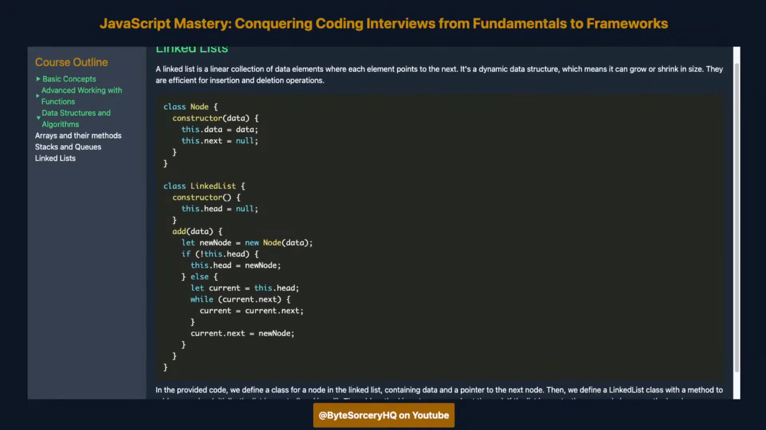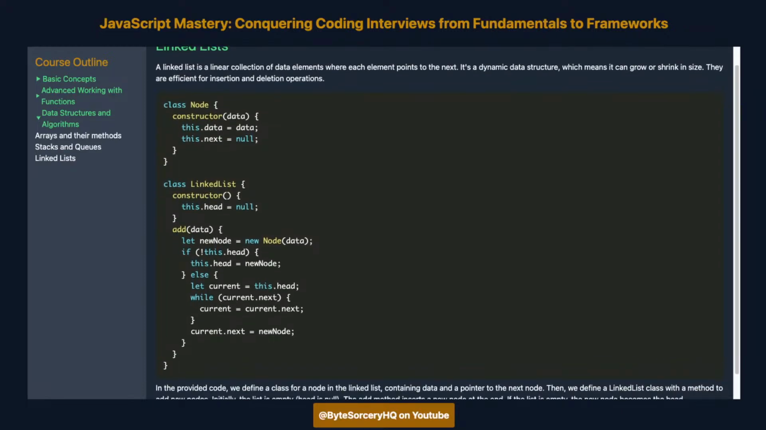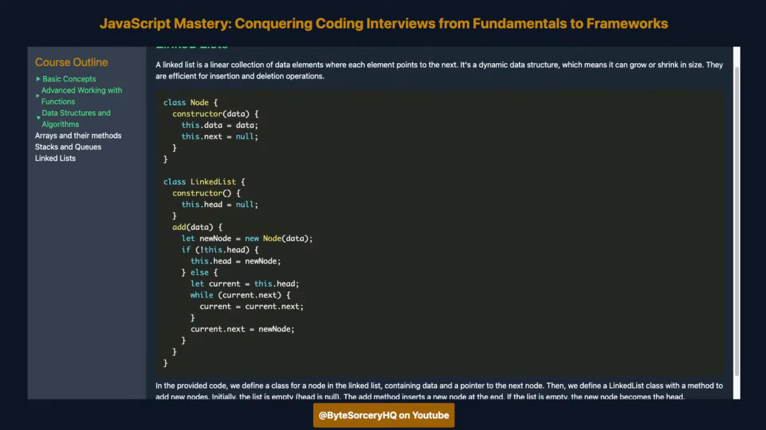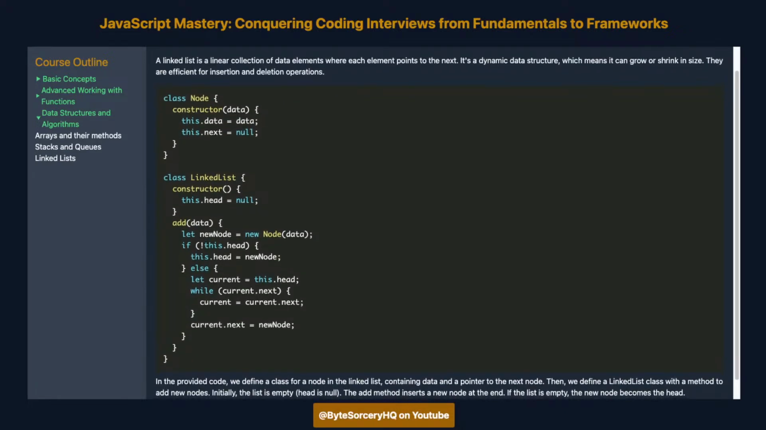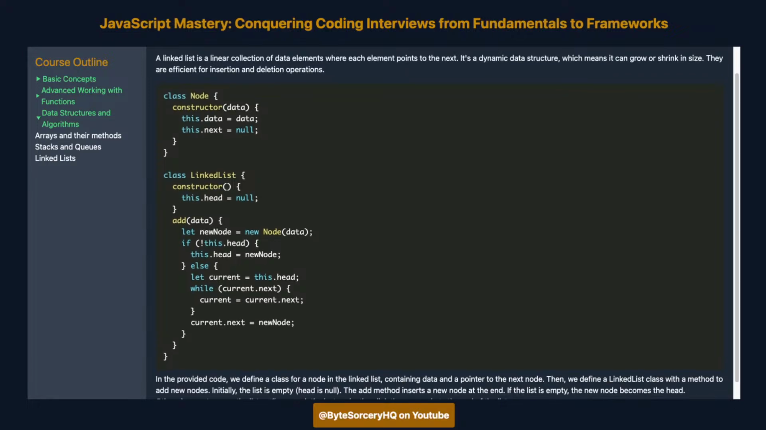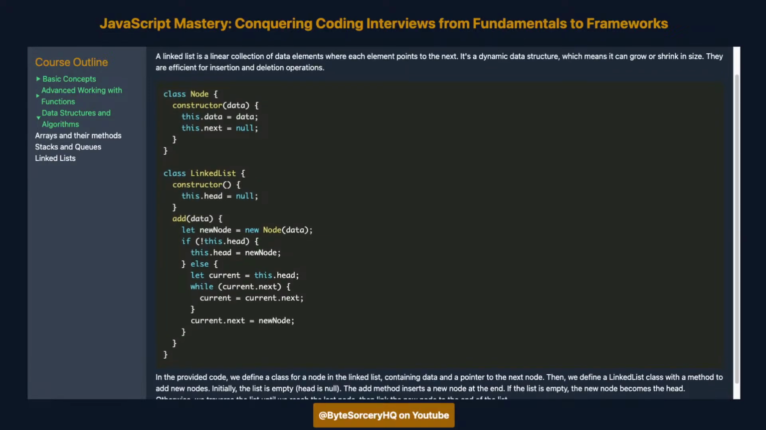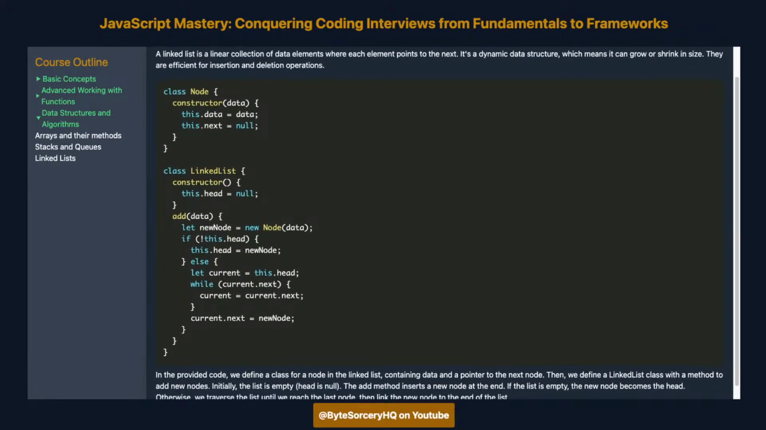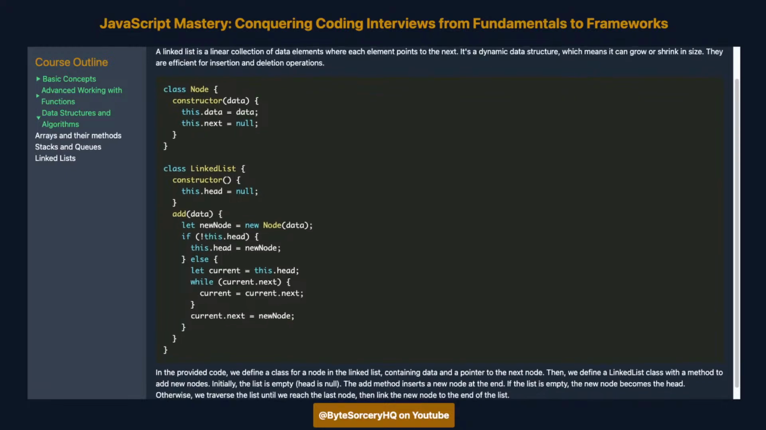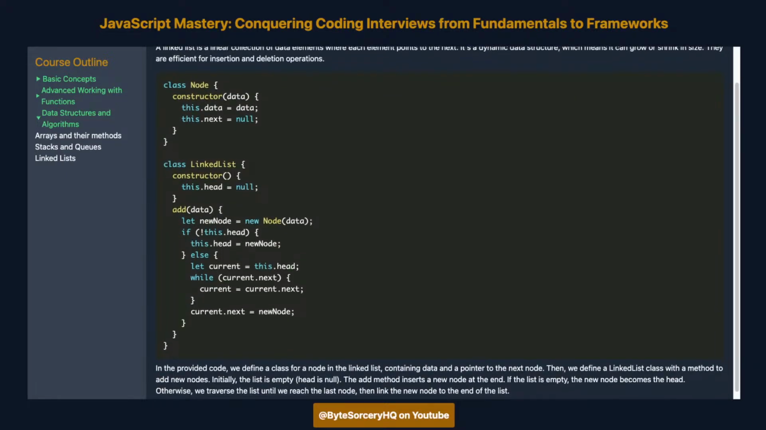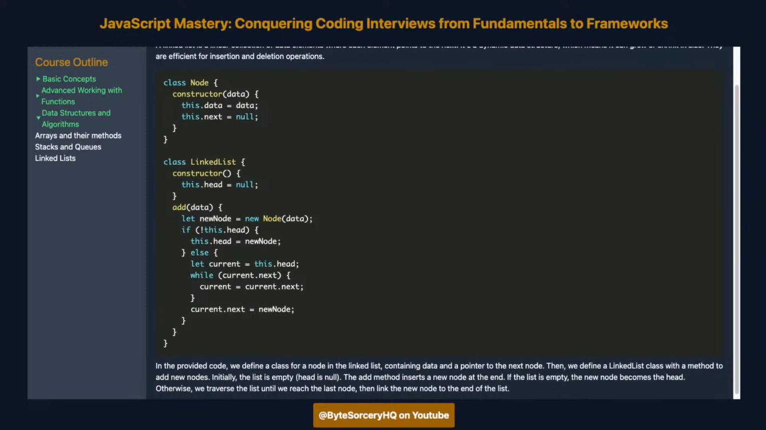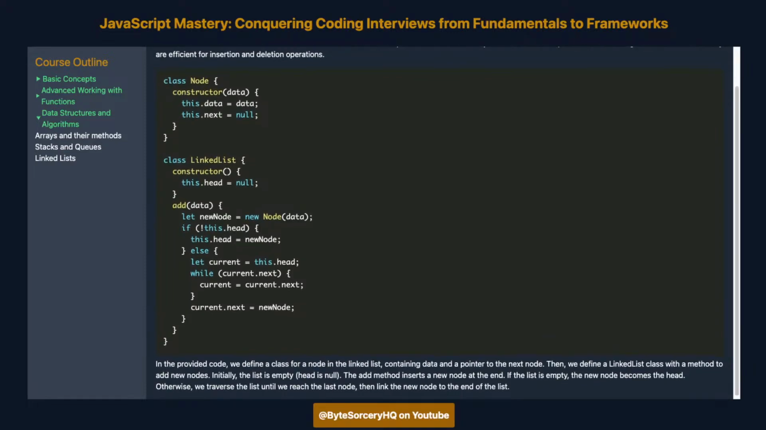In the provided code, we define a class for a node in the linked list containing data and a pointer to the next node. Then, we define a linked list class with a method to add new nodes. Initially, the list is empty, head is null. The add method inserts a new node at the end. If the list is empty, the new node becomes the head. Otherwise, we traverse the list until we reach the last node, then link the new node to the end of